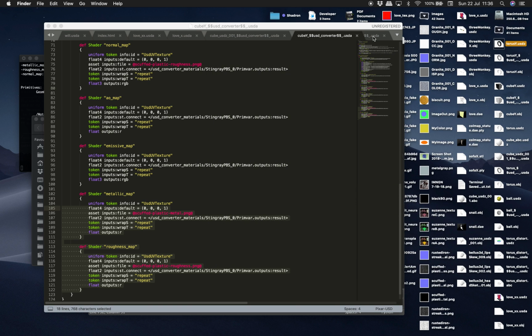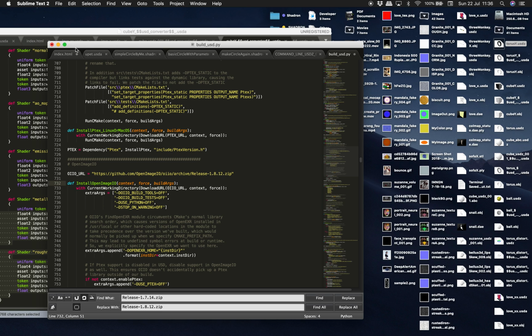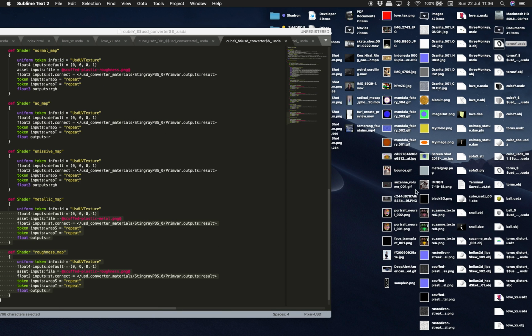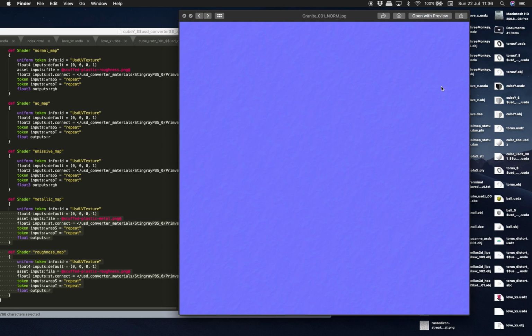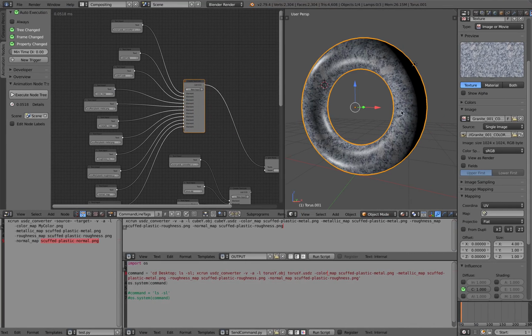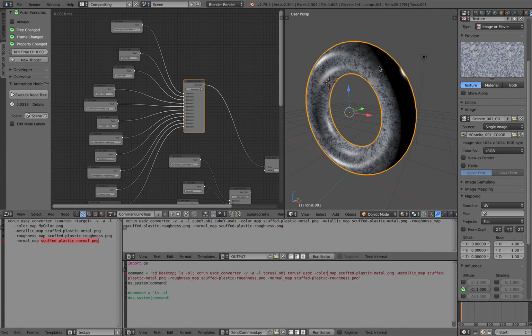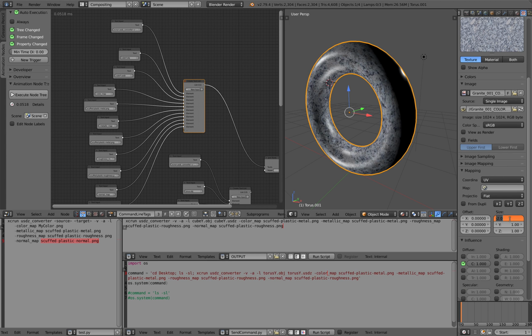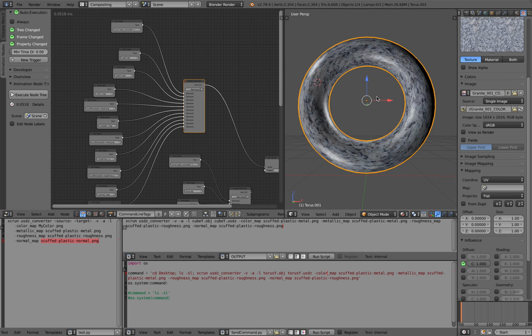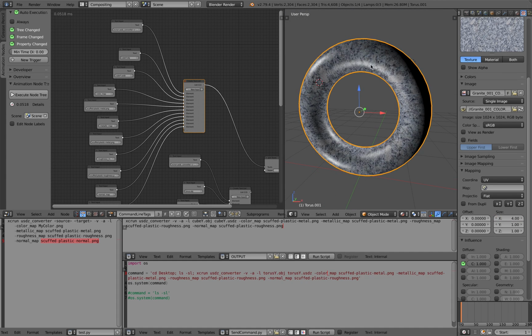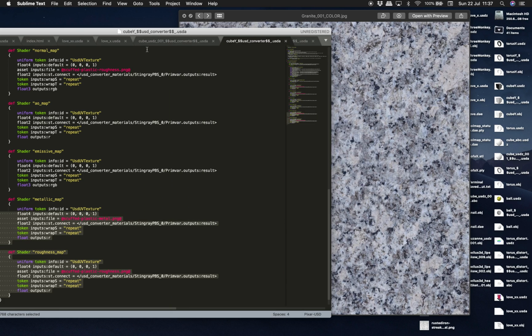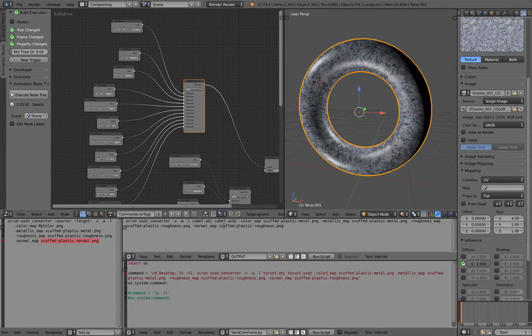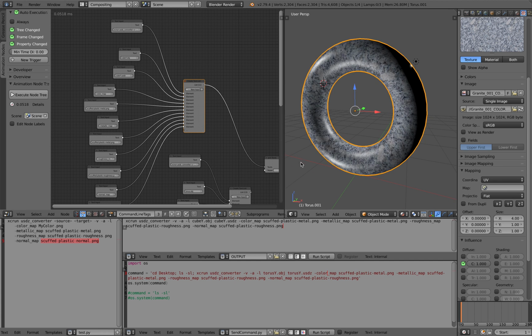And if we ever want to change it into different material with different PBR, I think I have something else here, like this granite. I took it from free PBR. So this granite is of course something that I'm using here, but inside Blender we have a lot more control with the image because I can change the size. By default 1, 1, 1 will give this kind of stretch look. So currently I don't know how to do it yet using the USDZ stuff, but I can change into the